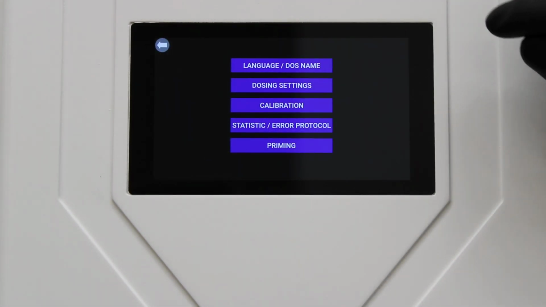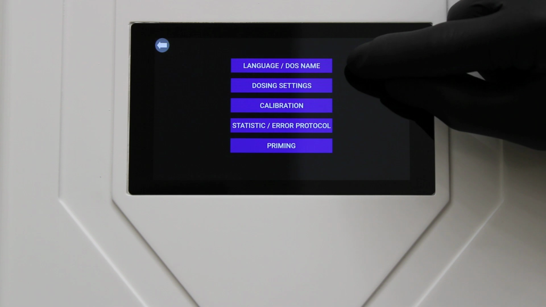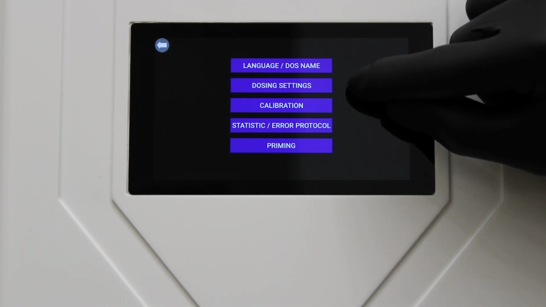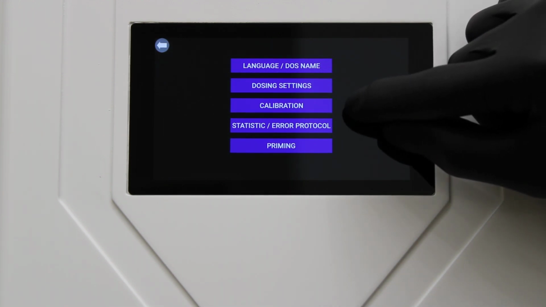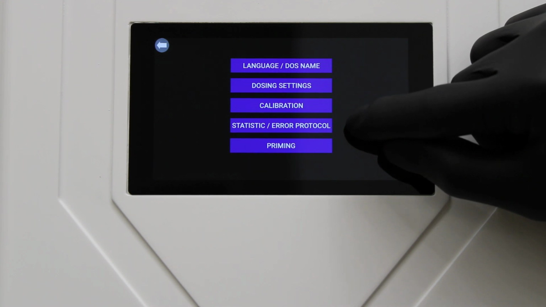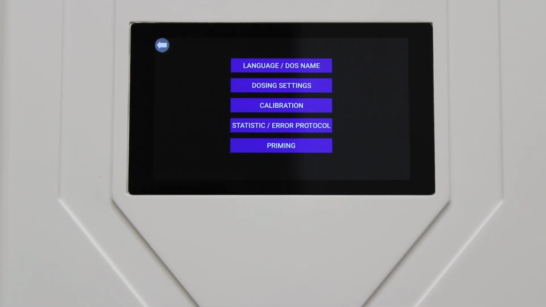When you press the Settings button, you will enter the Settings menu, which offers several options: language settings and naming of the individual water chemical mixtures, adjustment of the dosing amount, calibration settings, statistics and error log, manual venting control,